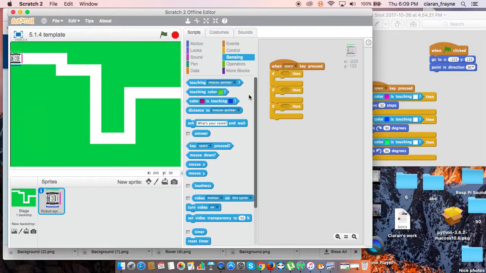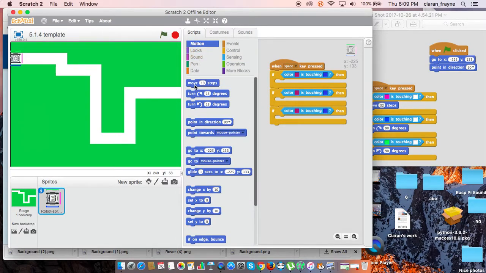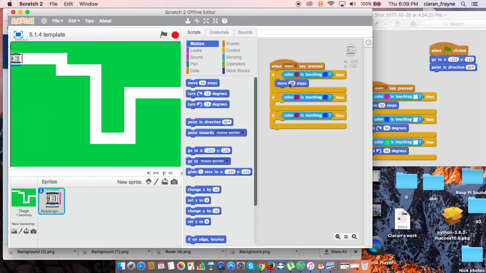Then we will get sensing because we're using color sensors, and then we will say to move 32 steps, turn 90 degrees, turn left 90 degrees. Okay, and we can also click here, and we want it to be, well, we want each of these ones,